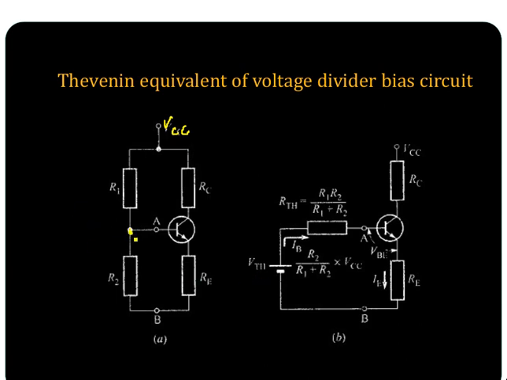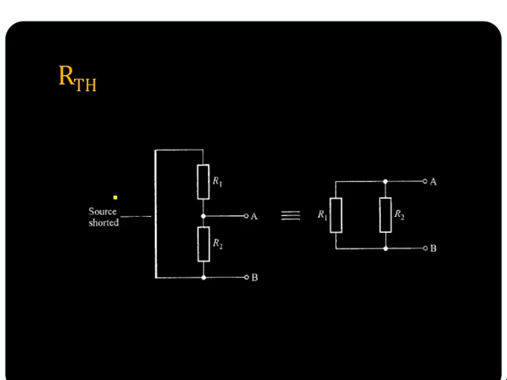V Thevenin will be, you are going to represent across these terminals A and B. So the Thevenin equivalent will be nothing but the base voltage VB and the equivalent resistance here. So you should find out R Thevenin and V Thevenin, or V Thevenin you can call it as VB itself. It is equal to R2 by R1 plus R2 into VCC. You can see this R1 R2 at the input side, and you can find out R Thevenin like this.